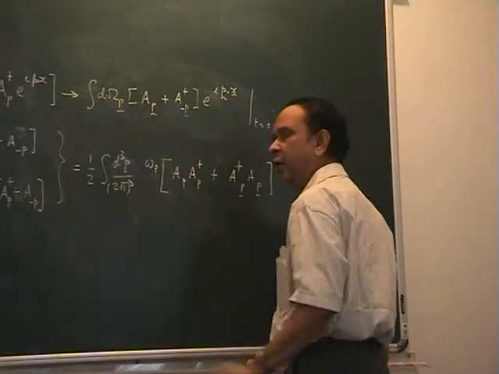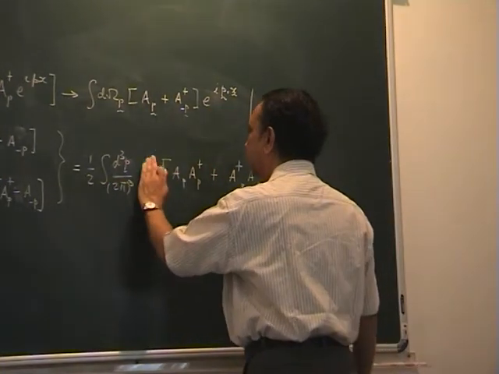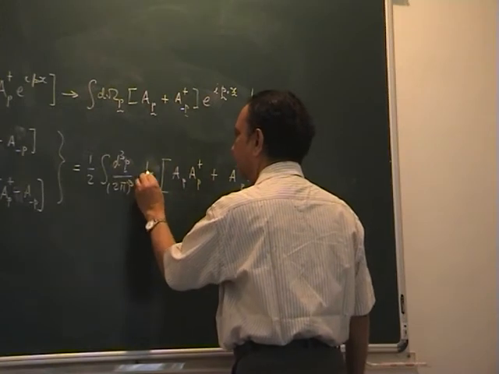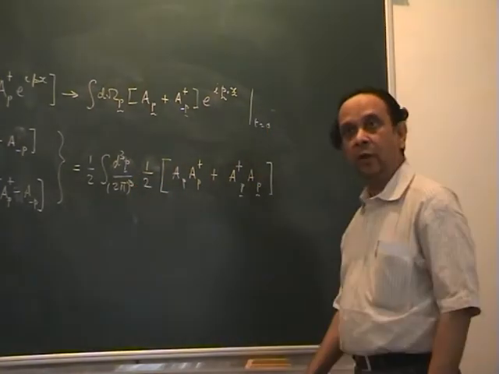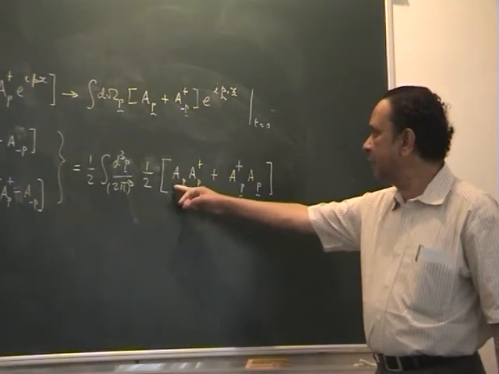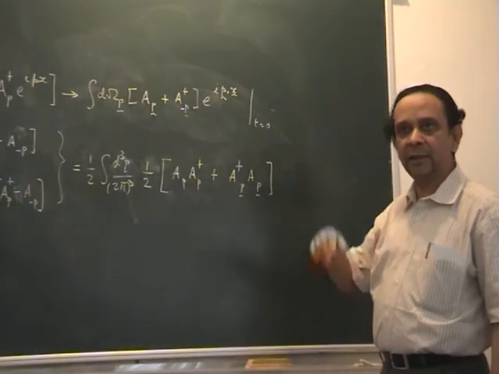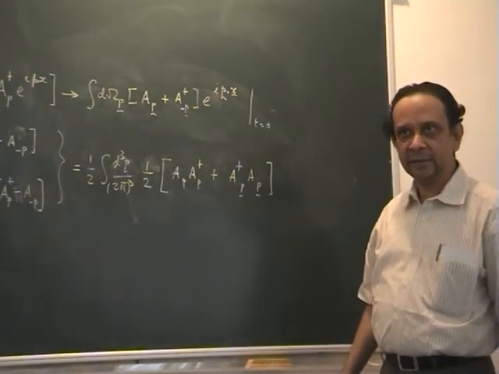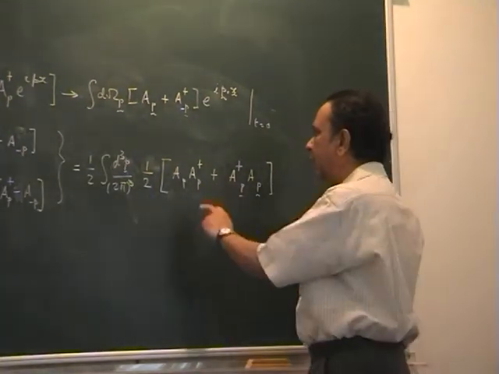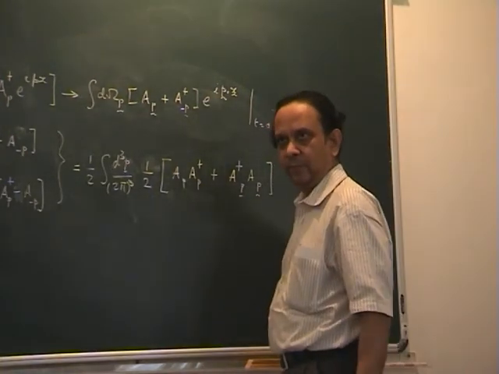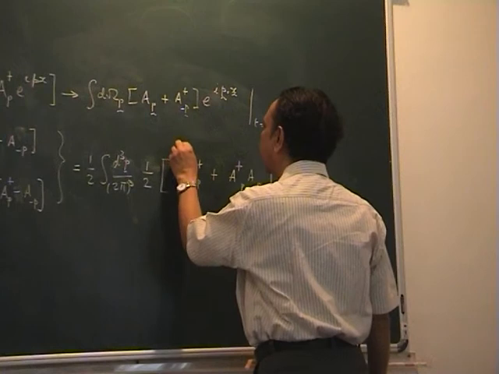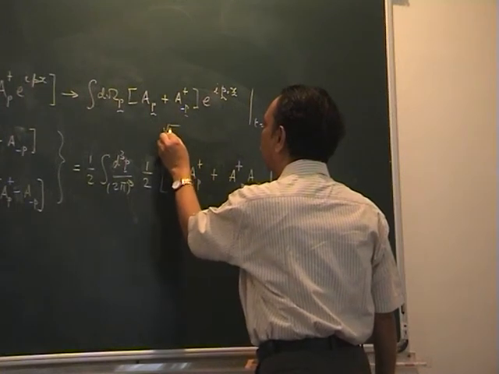Then there is a 1 over 2 omega p that gives me half, yet another half. Okay. Then I want to write these A's in terms of our original a's. That is going to give me a 2 omega p. Because this I am going to write as square root of 2 omega p